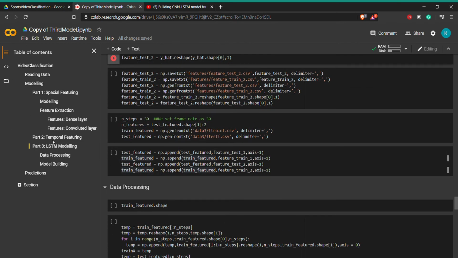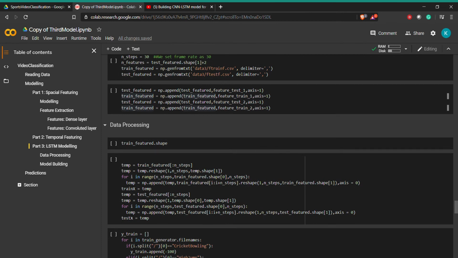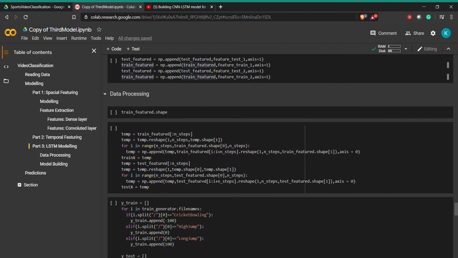So we have done the featuring, and now we are doing the LSTM modeling. The idea is that for every frame, we'll have the features. What features? The spatial features and the temporal features. We added the features which we extracted from the CNN model, the spatial features, and we also extracted the temporal features, that was the k-means clustering as well as the CNN model which we have manually built on the manually classified data.